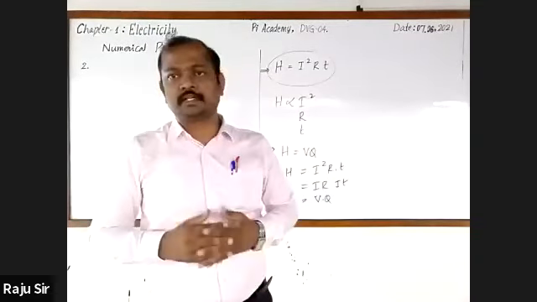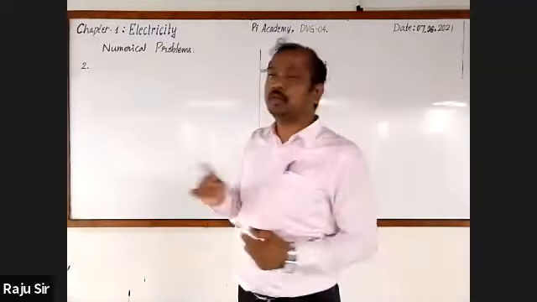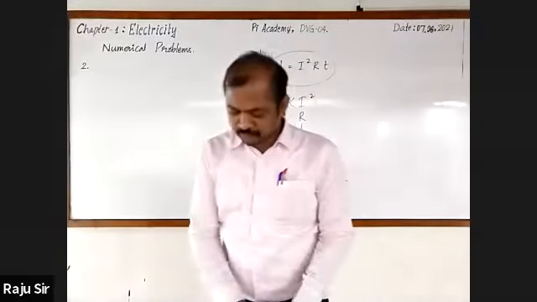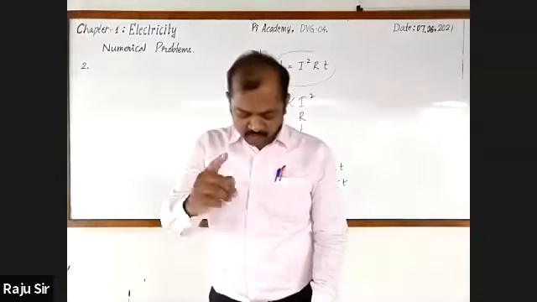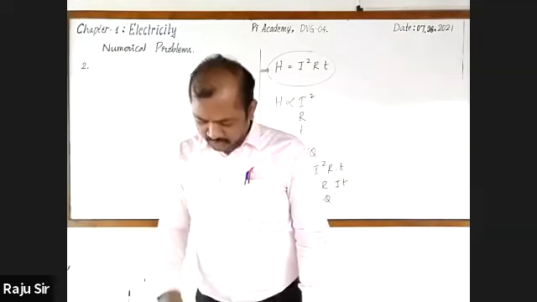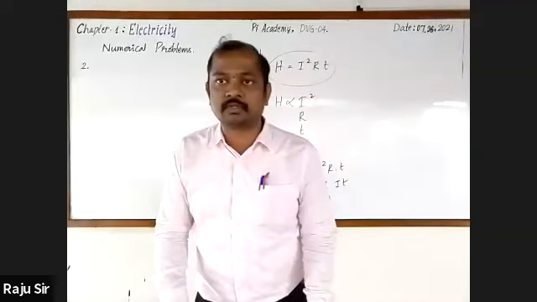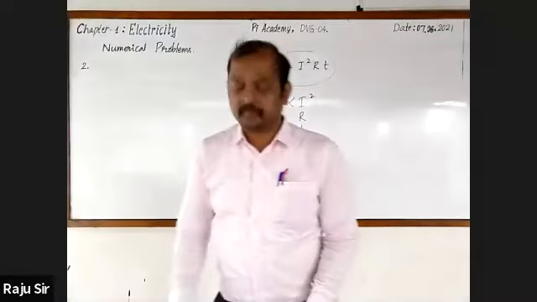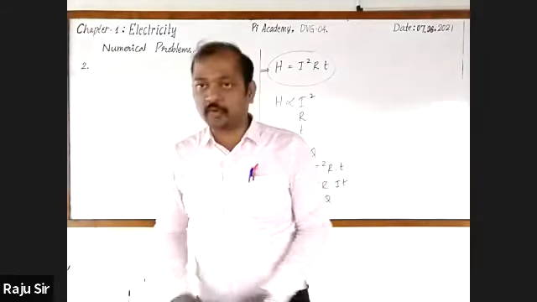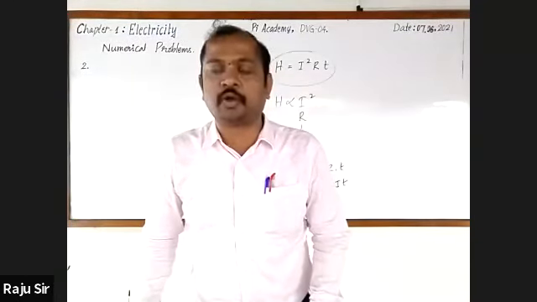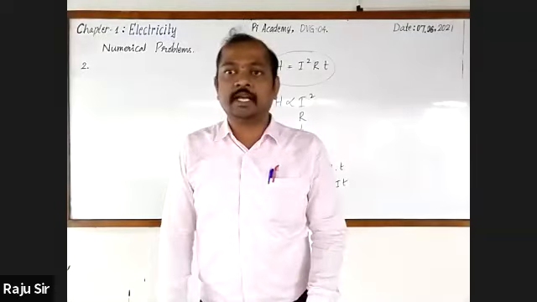And with respect to this, in the last class, we have solved only one problem. I think the answer was 15,000 joules, right? Yes, sir, the last one. Yes, sir. 1.5 into 10 to the power of 4 joule. Very good. 1.5 into 10 raised to the power 4 joules. That was the last problem.